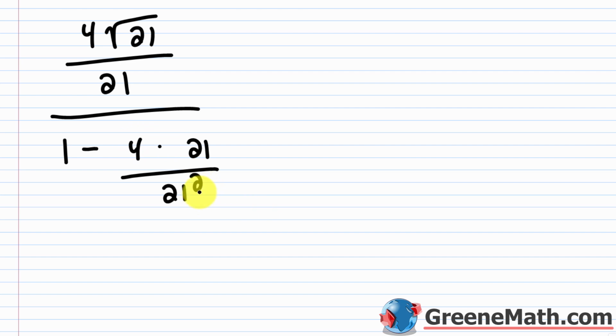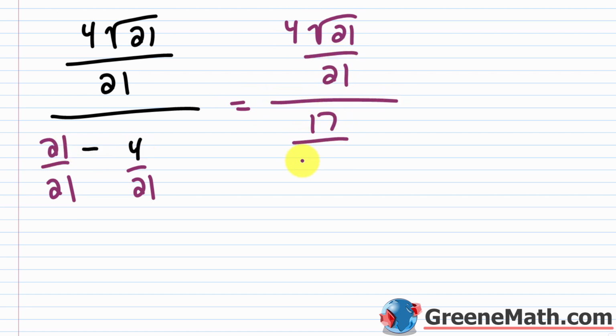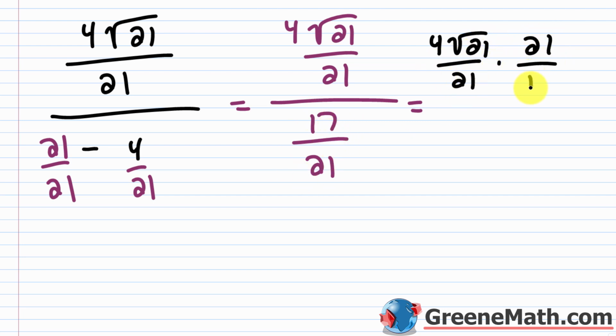Now, before I do anything else, notice that you have 21 here and 21 squared here. And to make that crystal clear, you can write this as 21 times 21. So of course, this would cancel with this. So I'm just going to erase it, make it a little bit quicker for us. So this is 4 over 21 here. So I'm going to write this as 21 over 21. I can go through and say that this is equal to 4 times the square root of 21 over 21, and then over 21 minus 4 is 17, and then over the common denominator of 21. So this equals, you're going to have 4 times the square root of 21 over 21 times the reciprocal of this. So this is 21 over 17. So this right here would cancel. And what I'm left with